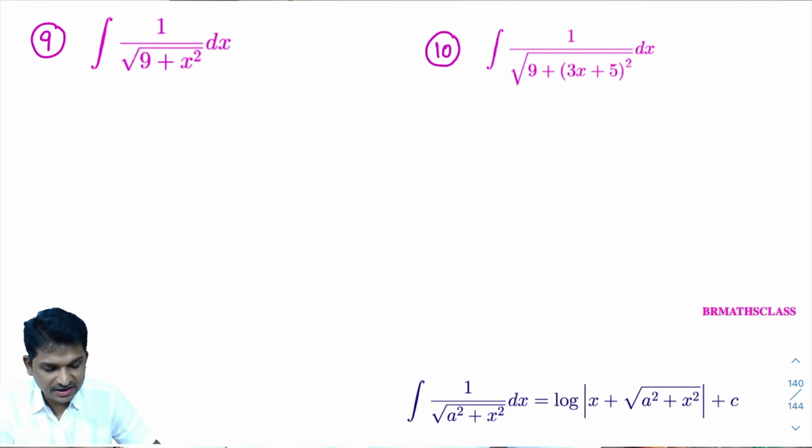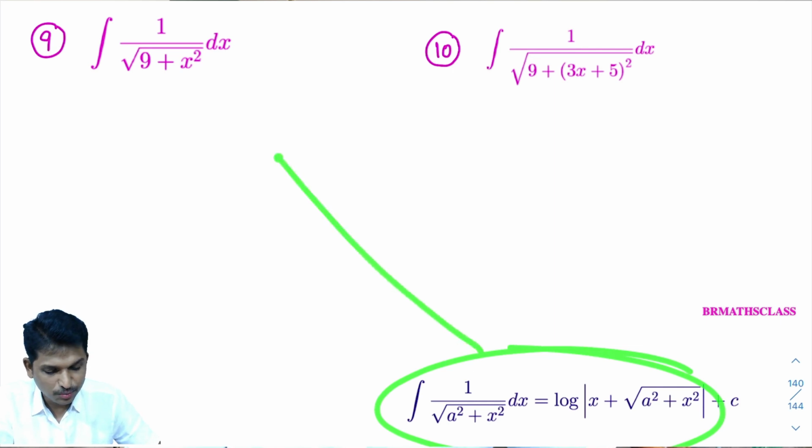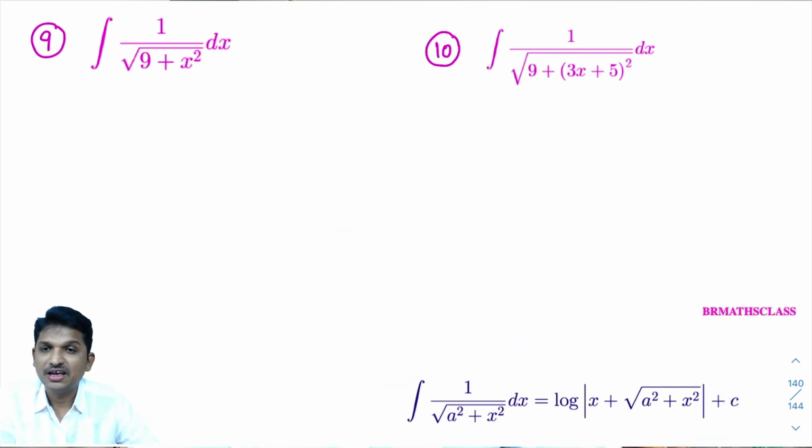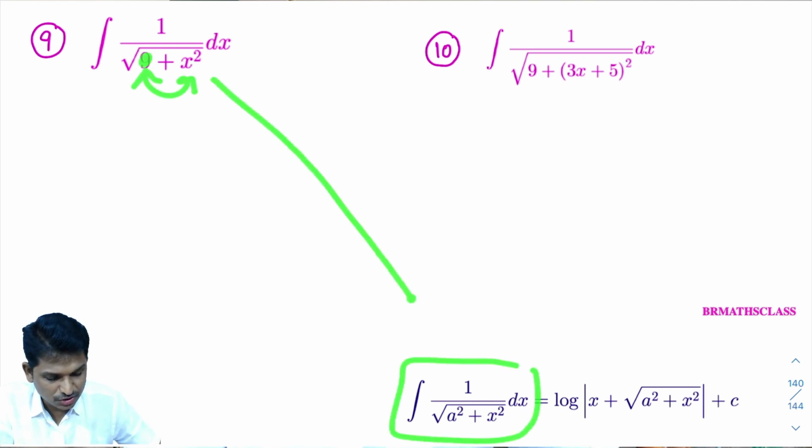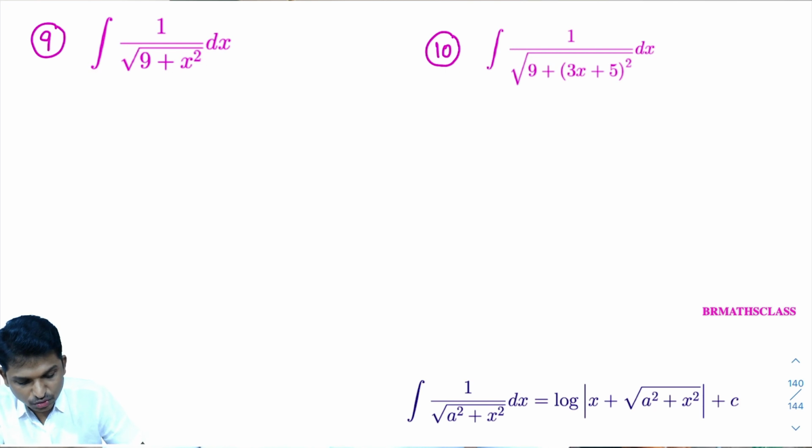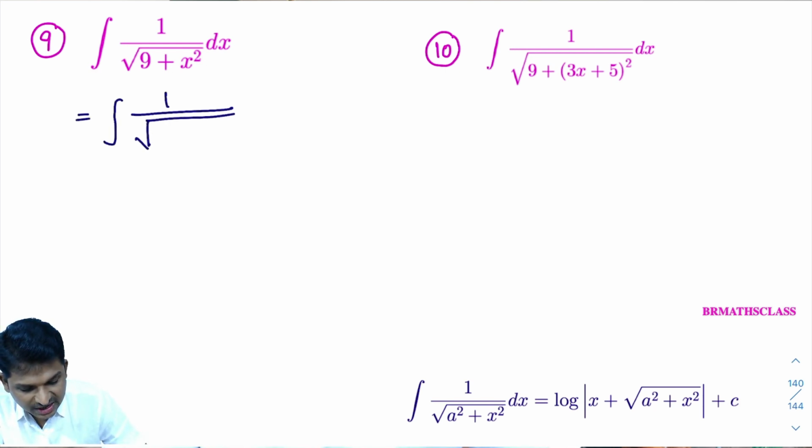Okay. Now the point is how I can apply this formula to this problem. First thing, by seeing the question, I came to know that in the denominator root is there and it is in the form of a square plus x square. Of course, this 9 can be written in the form of 3 square, right? Yes, this is in the form of a square plus x square only. I can easily relate this problem to this formula. To relate it more clearly, I'll write integral of 1 divided by root over, here 9 is there, right? 9 can be written as 3 square plus x square dx.